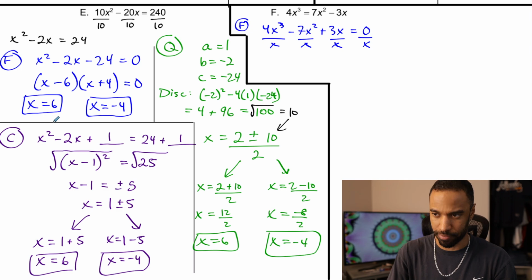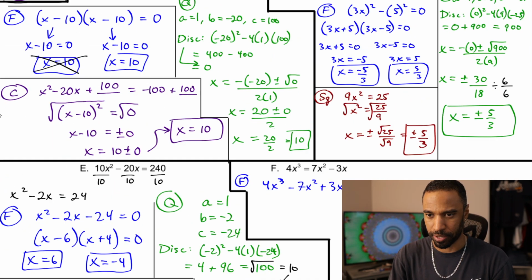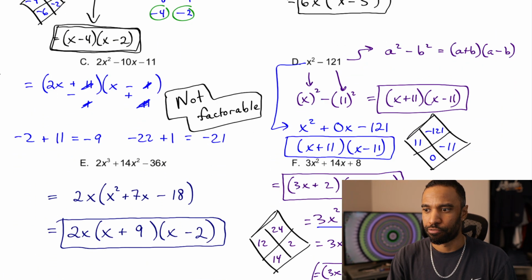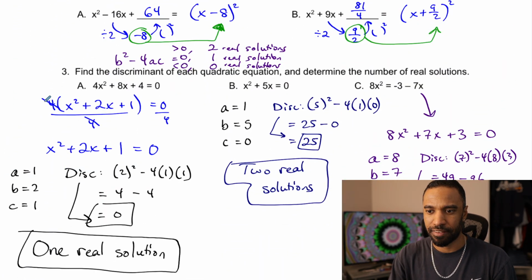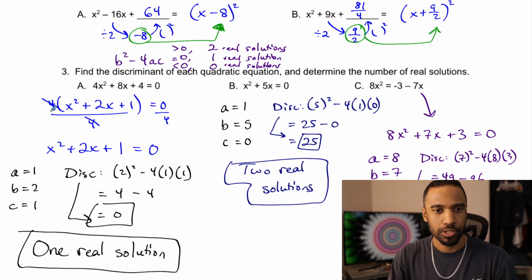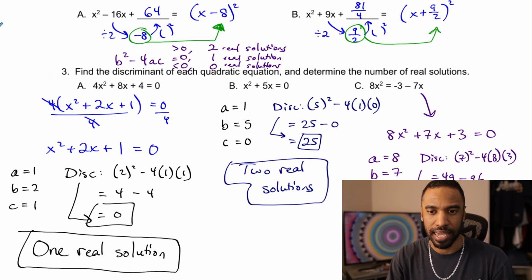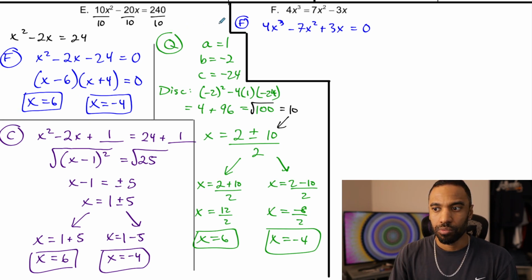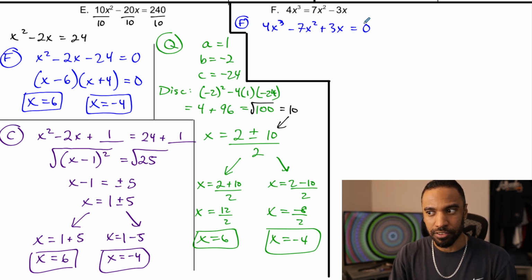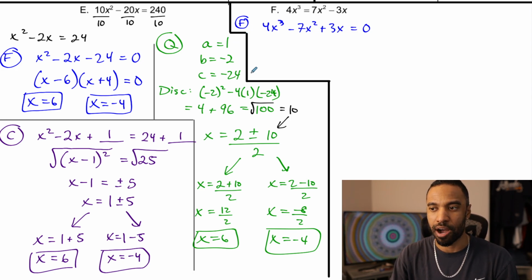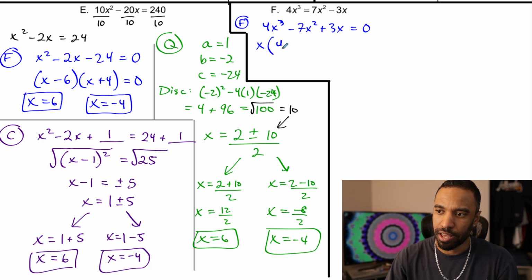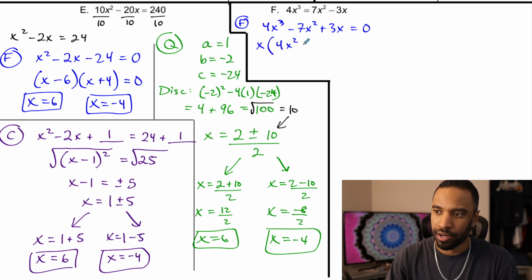That's why I remember that one time when I factored the 4's out. I don't know where it is, but previous page, I'm sure. Remember when I factored 4's out of something? And then I divided right here. I first factored out. That's what I could do. I can factor an x out, but I can't divide it out because plugging in numbers for x is what gives me my answers, and I can't just eliminate some possible solutions, which I would have. So if I factor an x out, I'll be left with 4x squared minus 7x plus